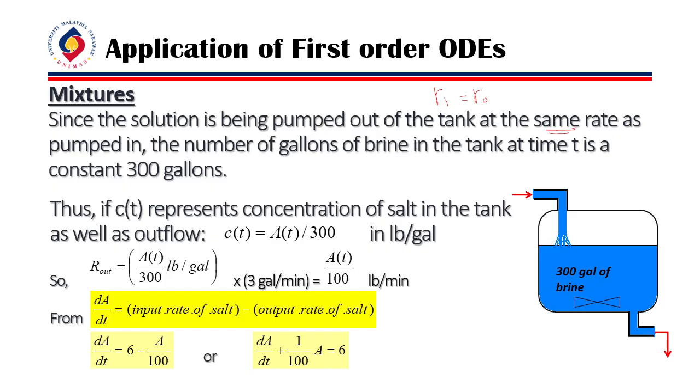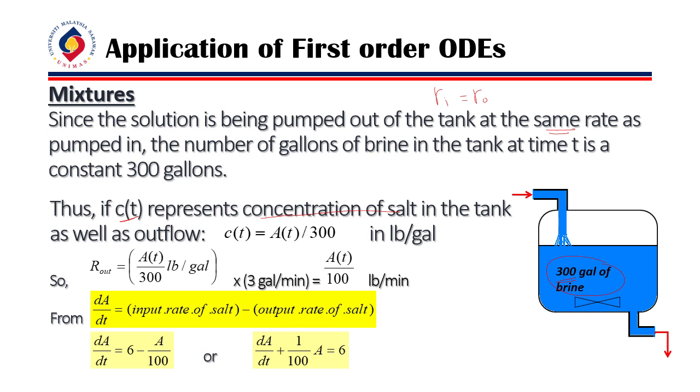Thus, if C(t) represents the concentration of salt in the tank, it is equal to A(t)